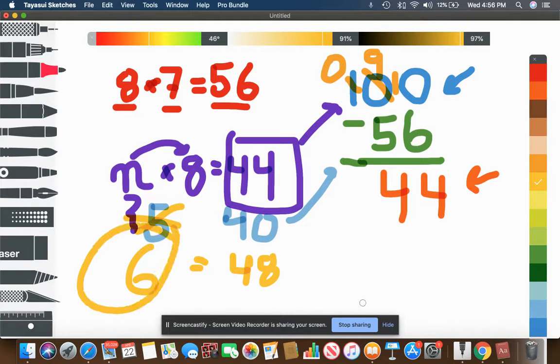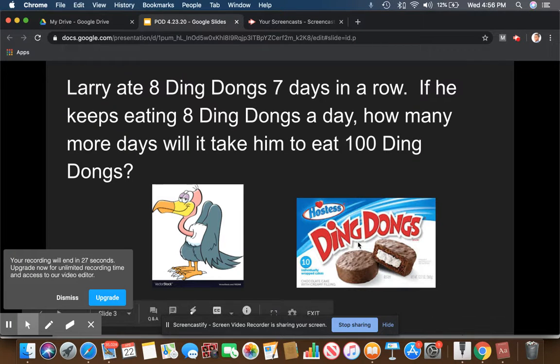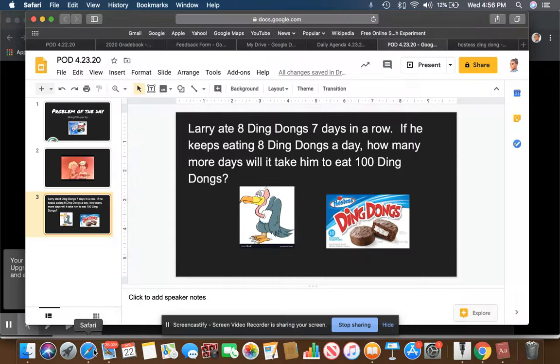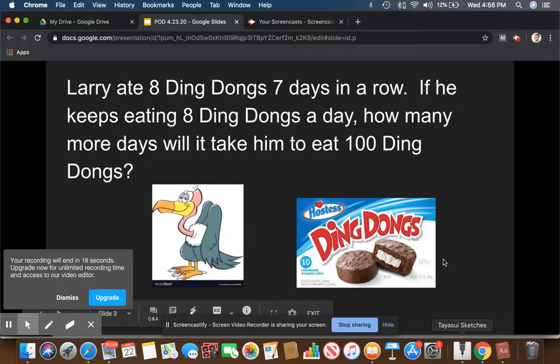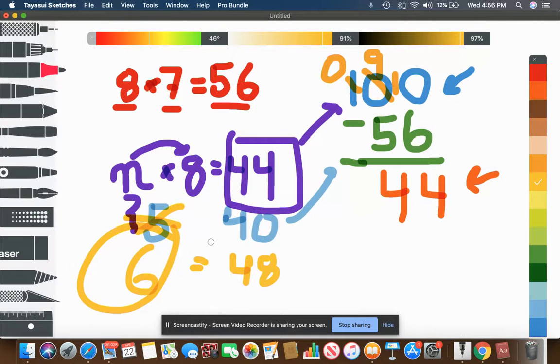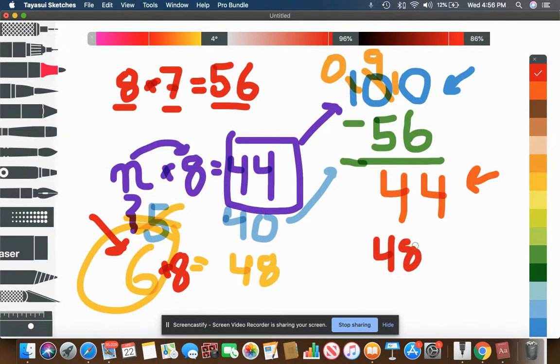So how many more days will it take him to eat 100 ding dongs if he keeps eating 8 ding dongs a day? Well, it's going to take him 6 more days. 6 more days at 8 ding dongs a day gives us 48 ding dongs. 48 plus our 56 is going to give us